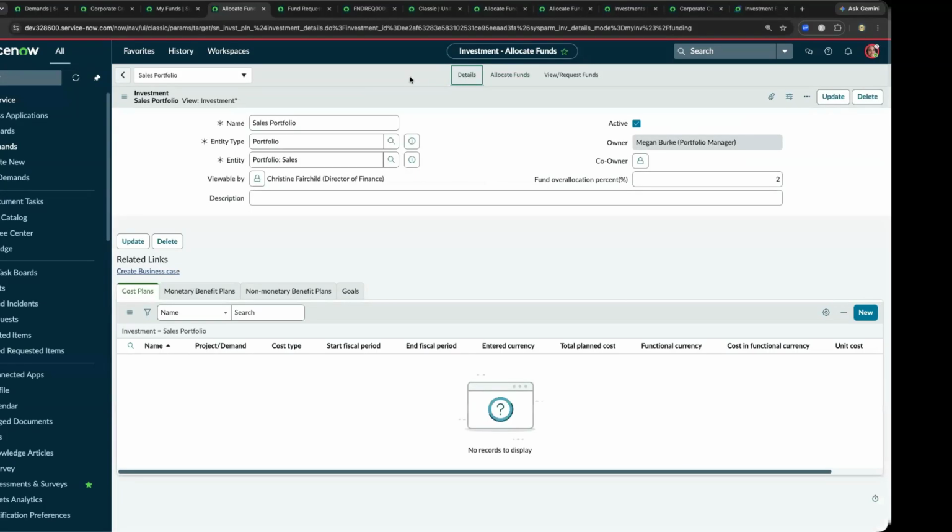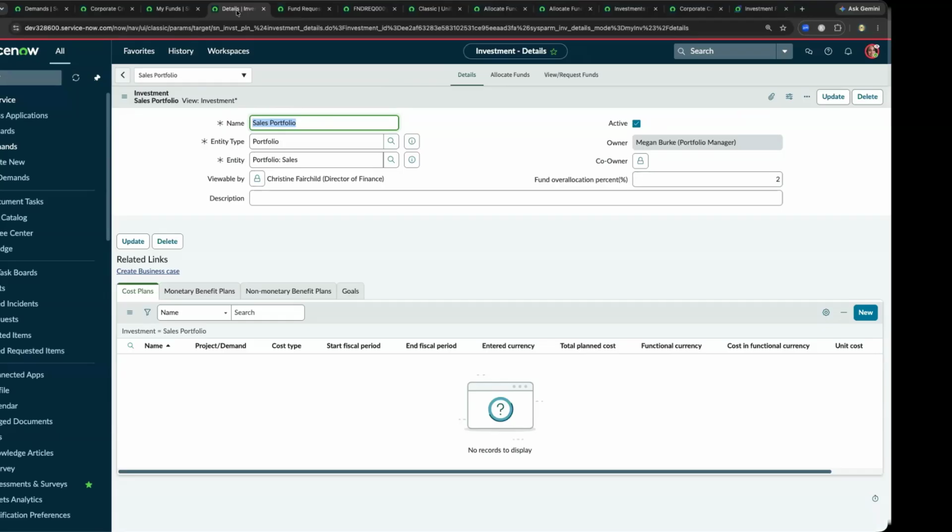As I go back to the details, it provides you a record of the membership of the portfolio and how it is structured. Since ServiceNow can create any type of portfolio, it can be a business unit, a product, and so on. So you can change this lens, change the hierarchy, depending on how you are structuring